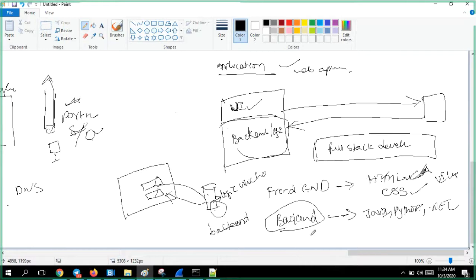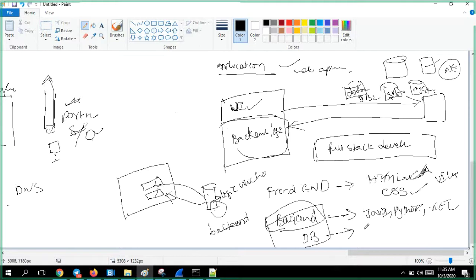Yes, this includes database also. Why am I telling this? Next, you will be seeing Java servers, web servers, some Python-based servers, .NET entities, or you might be seeing some databases like DB2 or Sybase or MySQL.